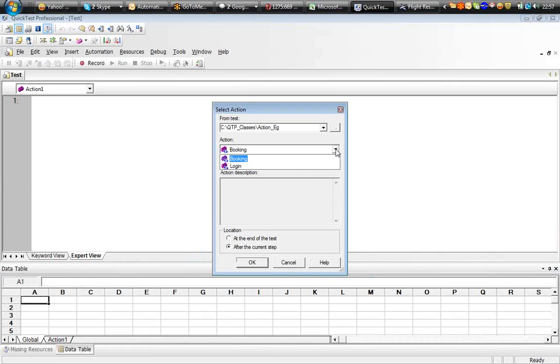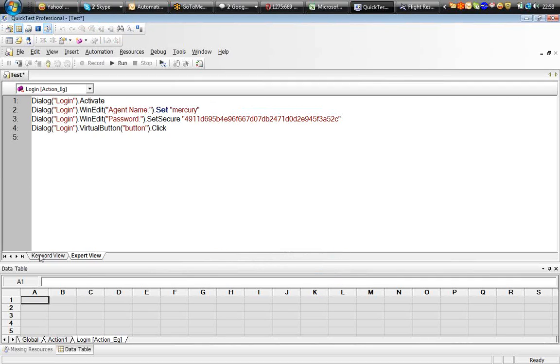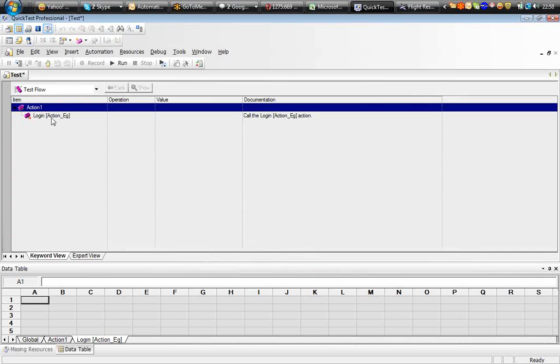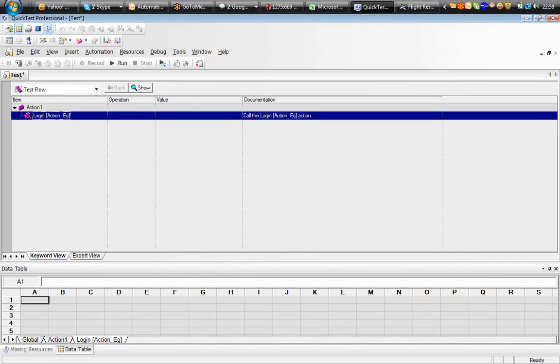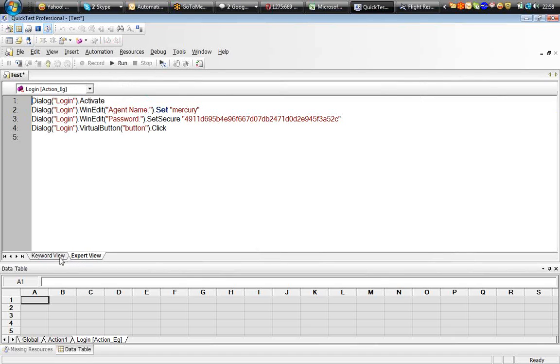and in this action example it is saying that you have two actions of a reusable type. Say any action you can call. I want to call login. I clicked login. If I see in keyword view, this will be shown as login, that it is of type reusable and this action is not part of this particular test,